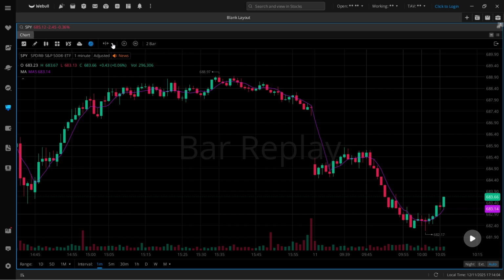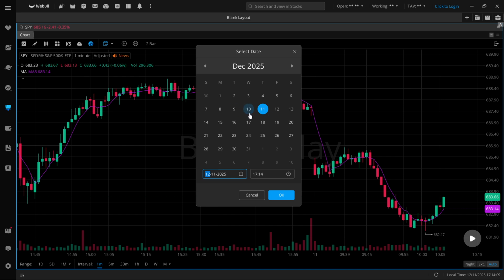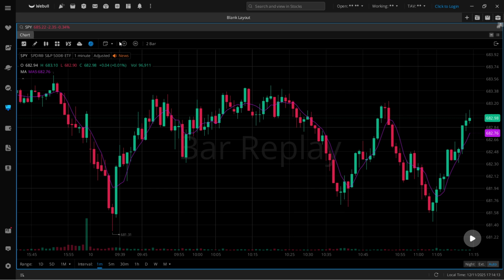And if you want to select them again, you can just click on select bar or select date here, and then you can basically just select the date and then the hour, and you'll be able to replay from there. So that's how to